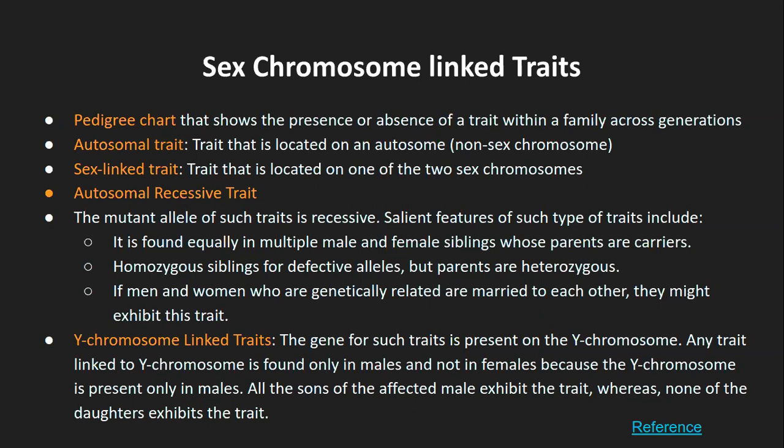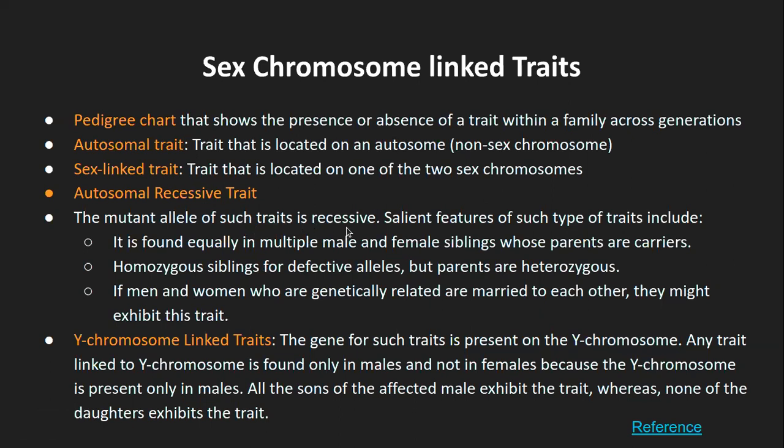Now on top of this, let's say this brown color coding protein itself is mutated, right? On top of it being recessive, it is further mutated. So recessive as well as mutated, the phenotype is not going to be exhibited as such. It will remain with the dominant allele as such. So that is what it means by the mutant allele of such traits.